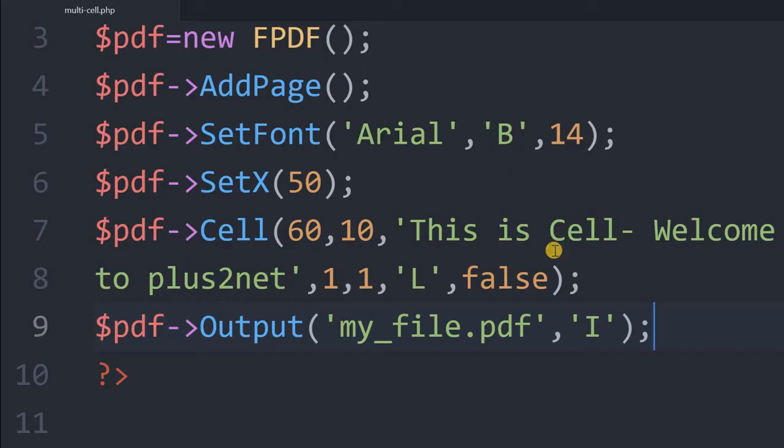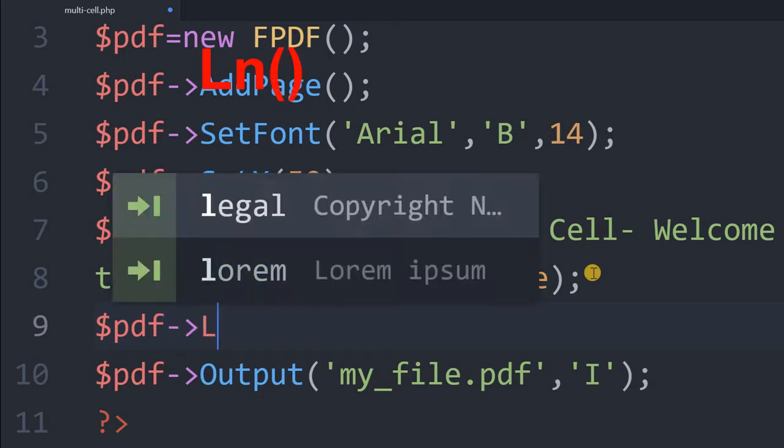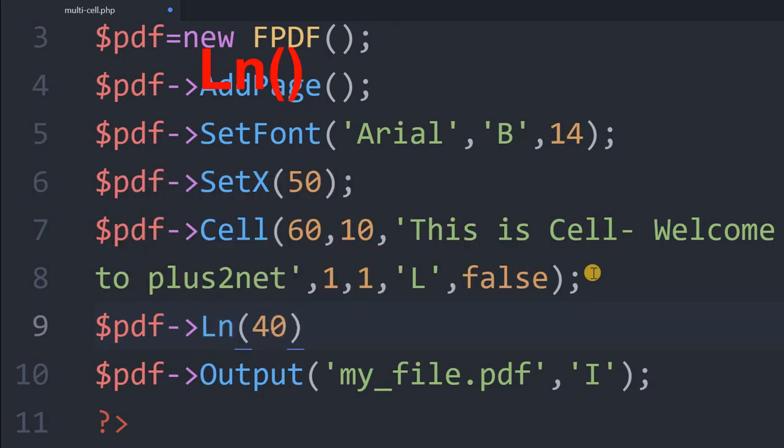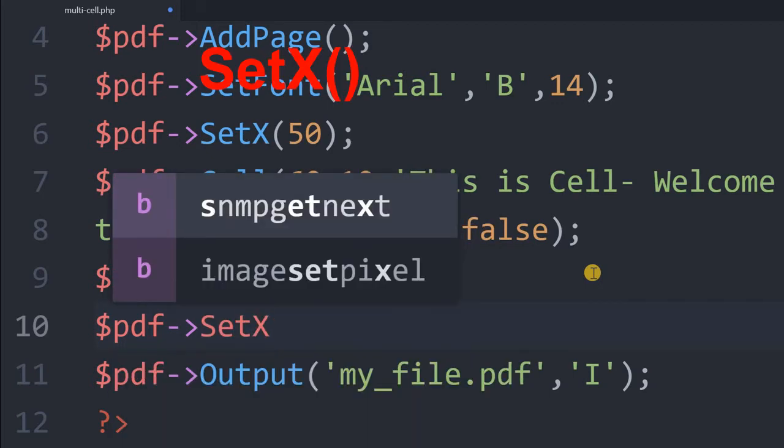Now we'll go for a multi-cell. So what we do, we'll keep it here. Next line will go. Now we'll give a line break. PDF ln 40. Now we are putting it as 40. Now again PDF, we'll say set X. Set X is 50.